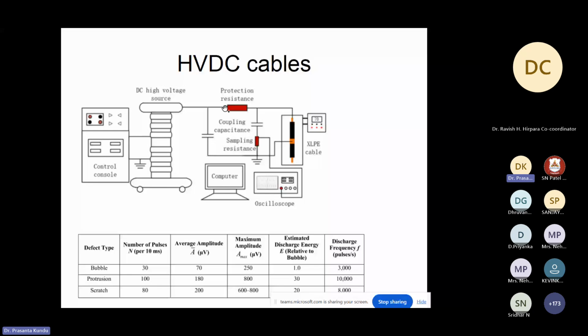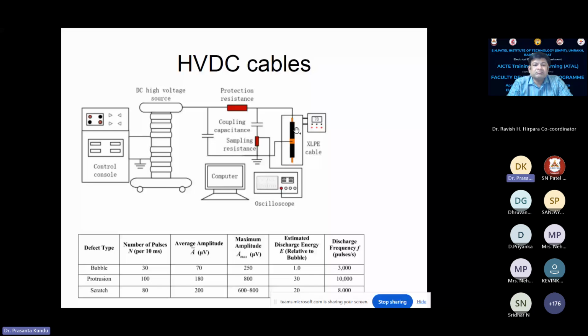Then once the high partial discharge occurs, the voltage in that zone will disappear. It will be zero, then PD will disappear, and again the voltage will charge. In the same way the coupling capacitor will recharge, and that will create a loop. So it gives current pulses, which are measured in an oscilloscope or PD detector.